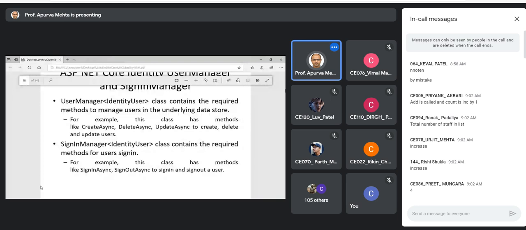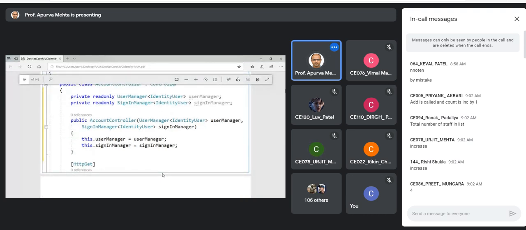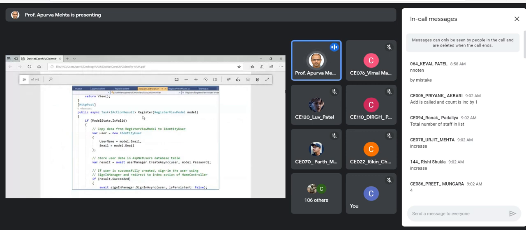Okay, sorry for the interruption. So the data is coming from the view, in which the form has data in terms of the register view model class. And that should register the user, or that data should transfer to the identity user class. Okay, and that's why in the register action method, which handles the post data coming as a register view model, you see here we create an instance of identity user, which resembles the ASP.NET users table in the identity tables. Okay, the ASP.NET user table in identity. So that is identity user.